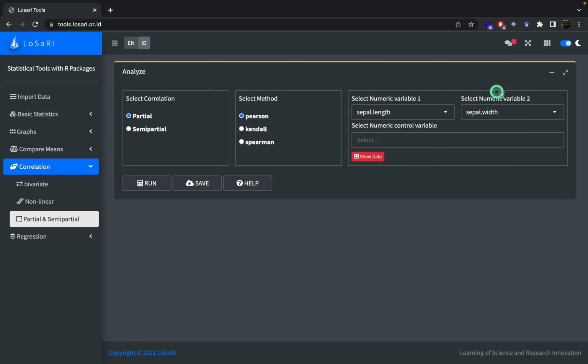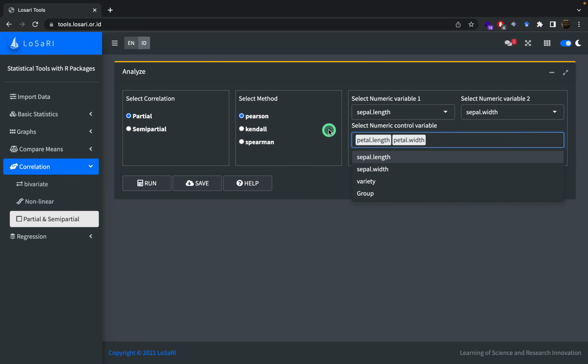Then select at least one quantitative variable as a control variable for both variable 1 and variable 2. As an example of the control variable, I choose the petal length and petal width variables.